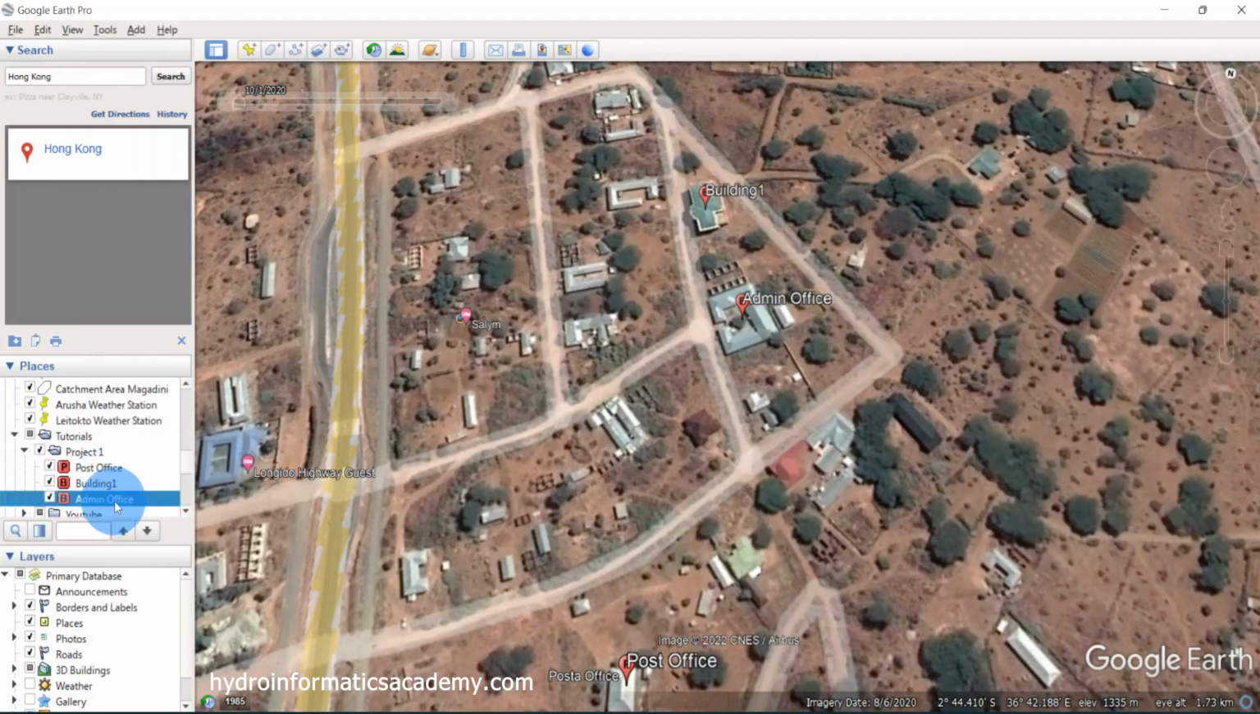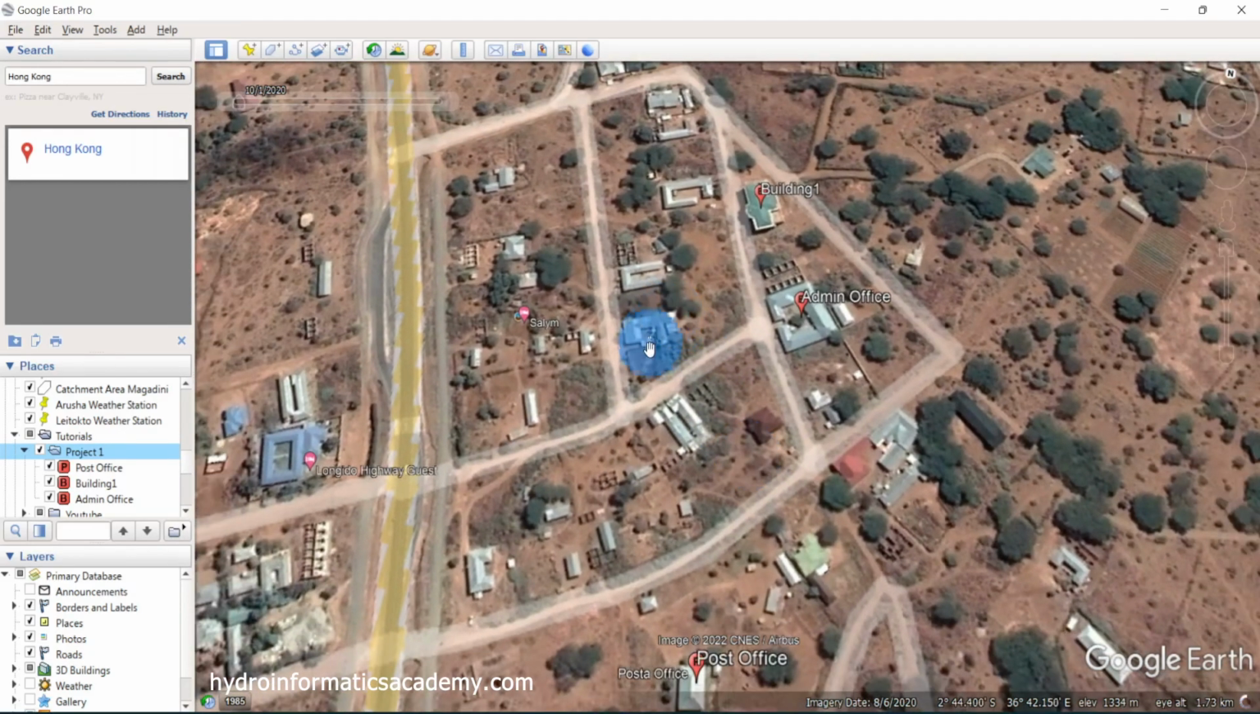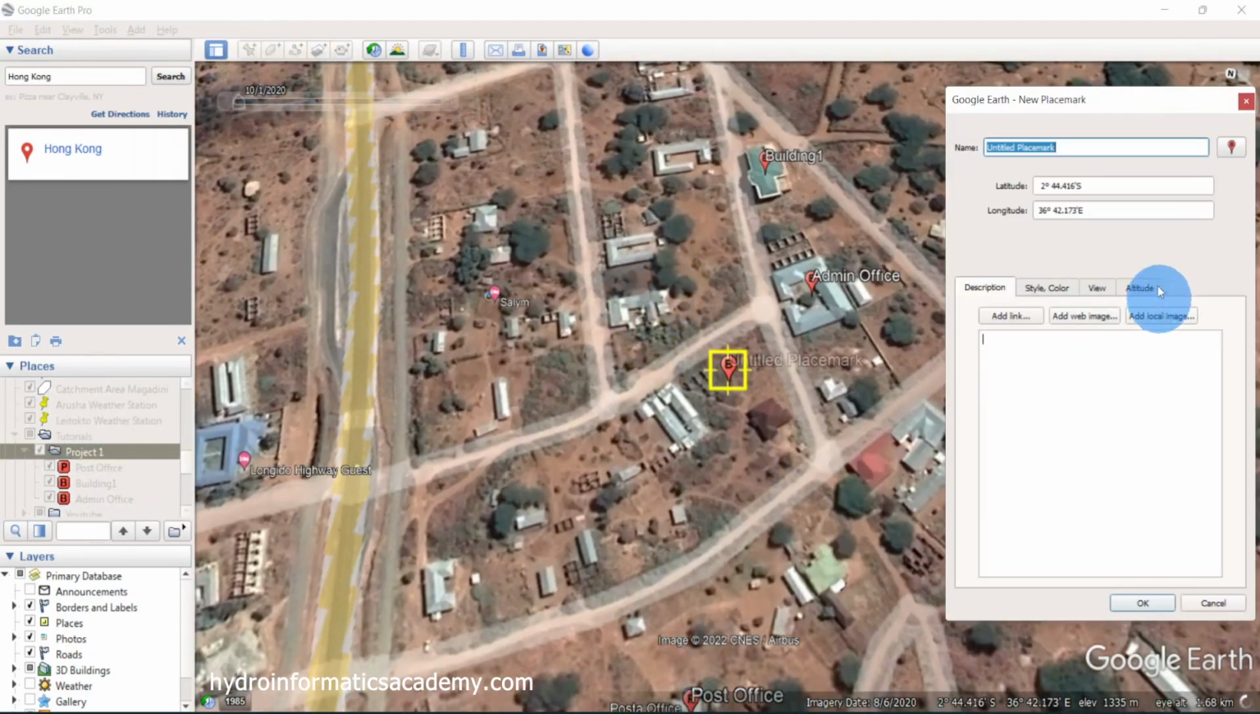Again, it is here, located here. Again, I'm going to click project 1 folder. I need also to find other buildings. Let me click this one. So let me say this is a petrol station,